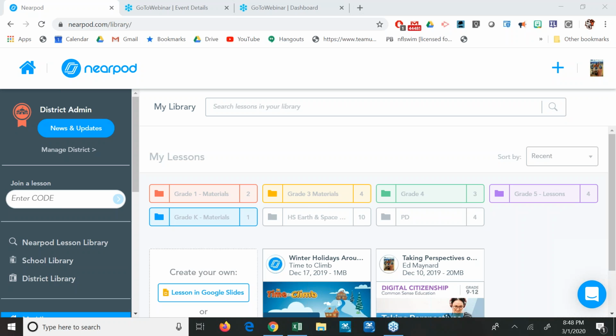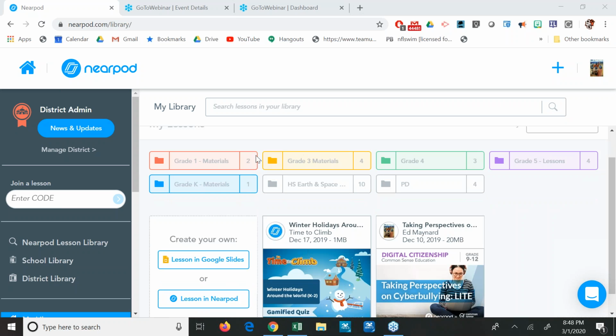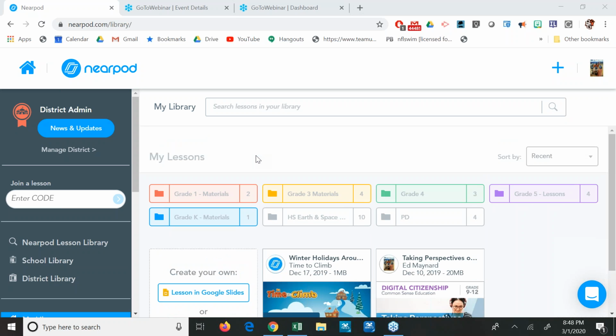So click on your little snowflake down there in the tab, down in the bottom there. All right, now what you're looking at right now is my screen. So now I'm logged in as Nearpod as a teacher, and what you would have gotten probably about 20 minutes before the webinar actually started is an email from Nearpod itself about how to log in.